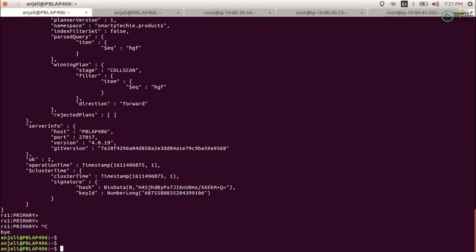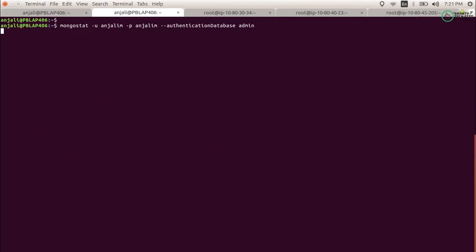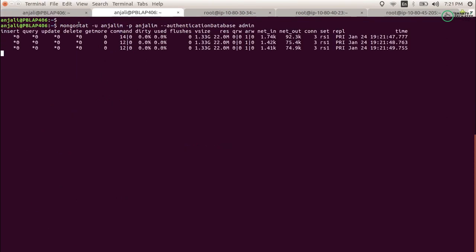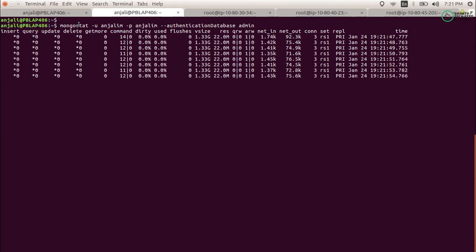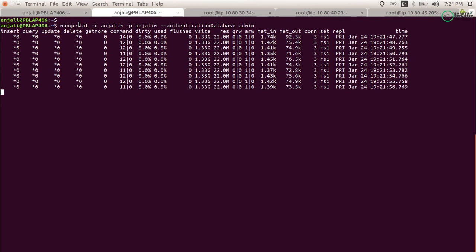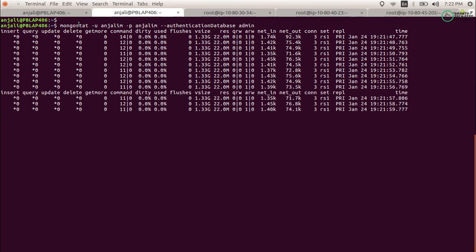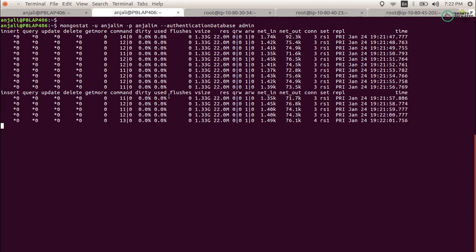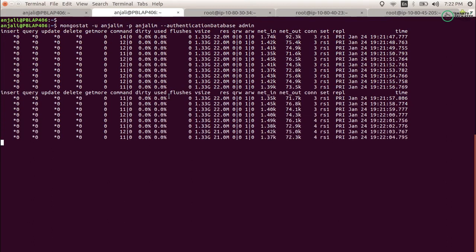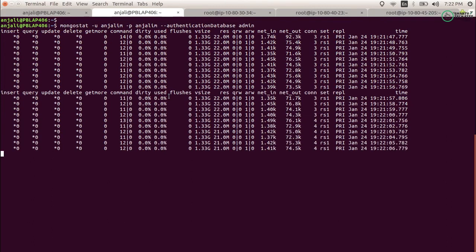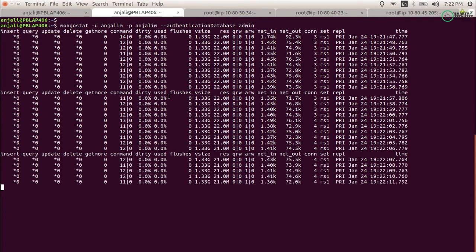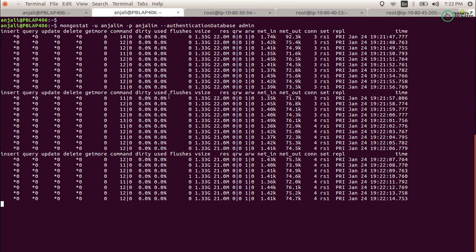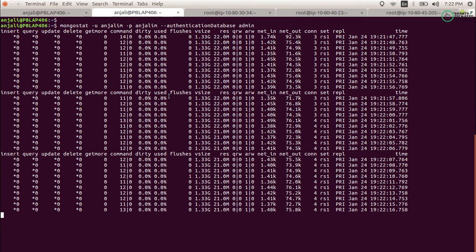Let me just show you an example before this. So now you have to check mongostat. What is mongostat? It tells you, every second, the number of queries that are running on your application and on your servers. You can see this is my local system, so no queries are running at that time. That means it is very free, no issues. You have to check whether it is going to impact your performance or not, because nothing is running there.